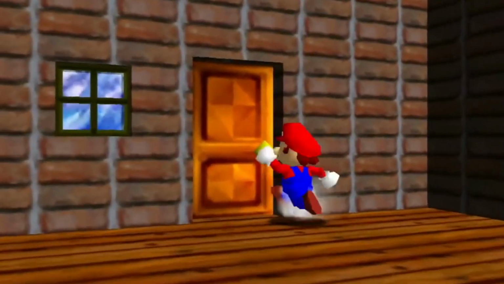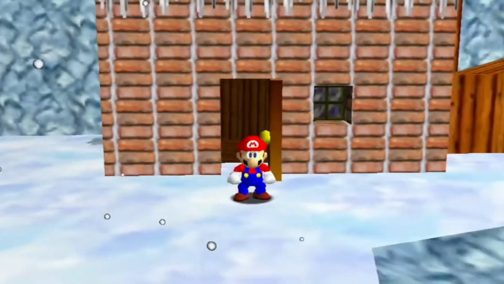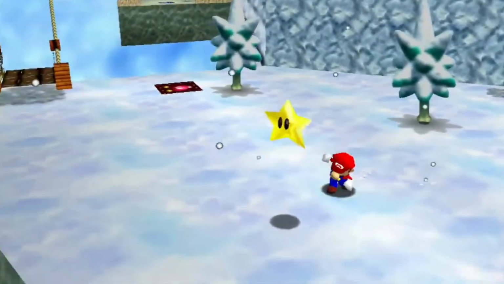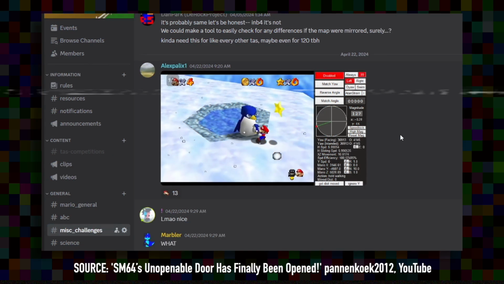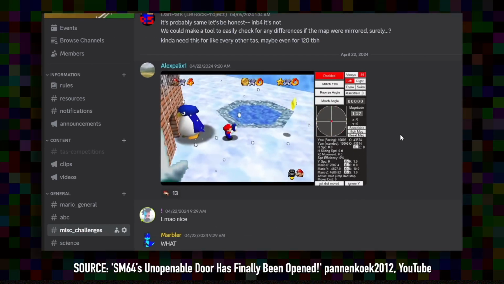And leaving the cabin spawned one of the game's 120 power stars, after which the knobless cabin door shut behind us. But obviously, nothing screams "open me" quite like a knobless door. So kids went nuts trying to find ways to open the door, and yet it simply wasn't possible. Not until now. Because the speedrunner Alex Palix just discovered an incredible technique to open the door without using hacks